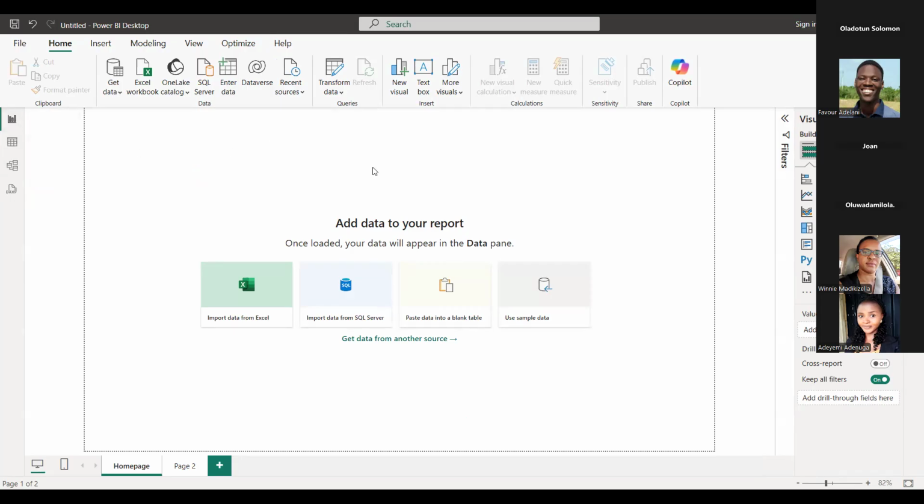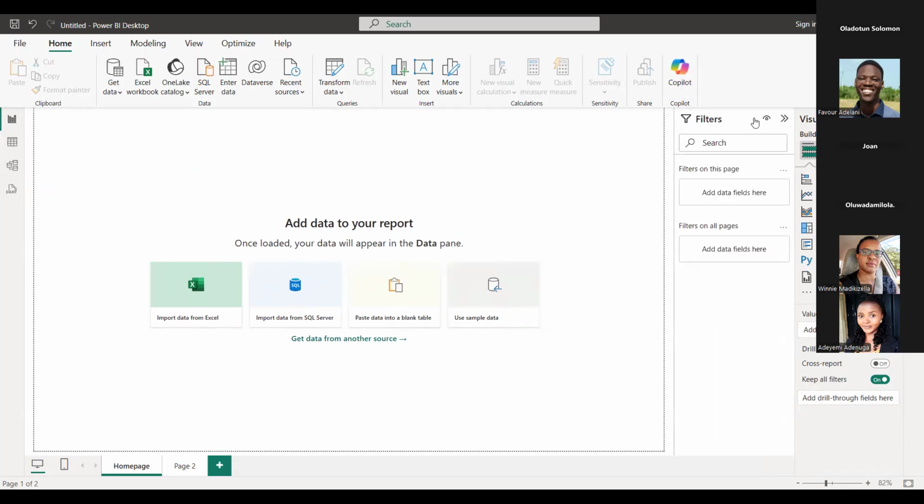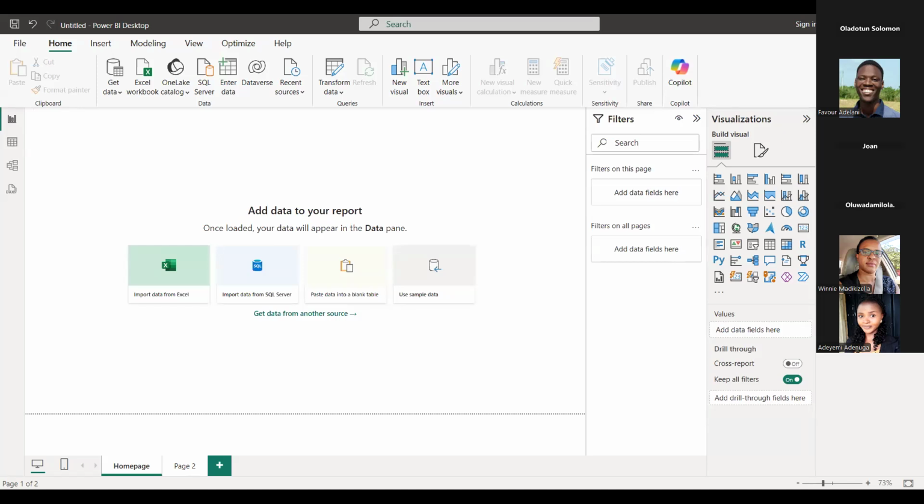Okay. So like I said before, whenever you want to visualize data, whatever it is you want to perform using data, you must have data. If you look to the right-hand side, you will see we have a few panes. We have the filter pane, we have the visualization pane, and then we have the data pane.